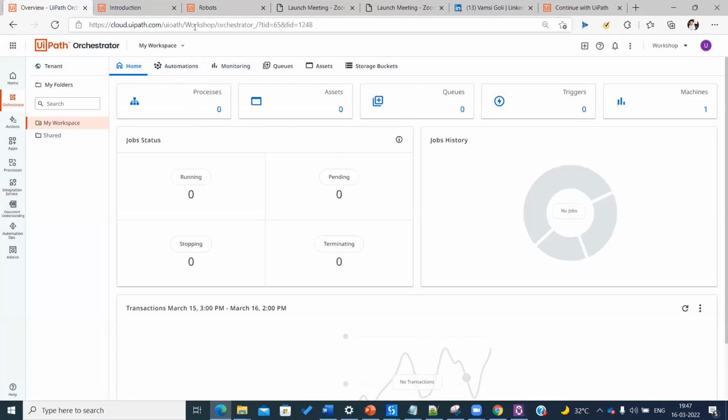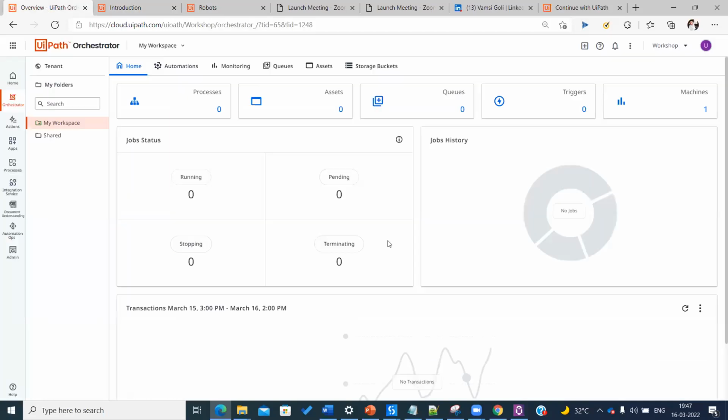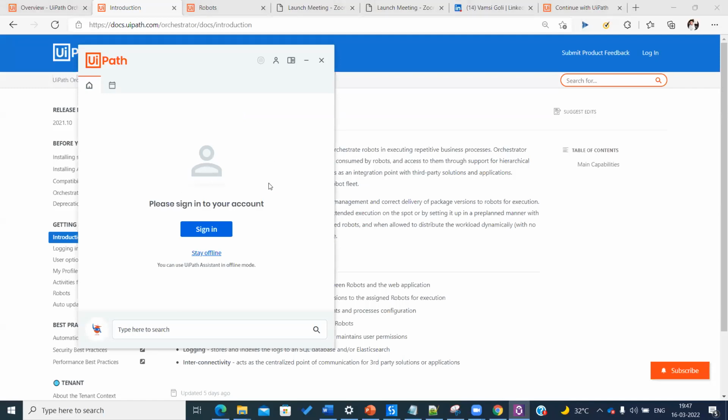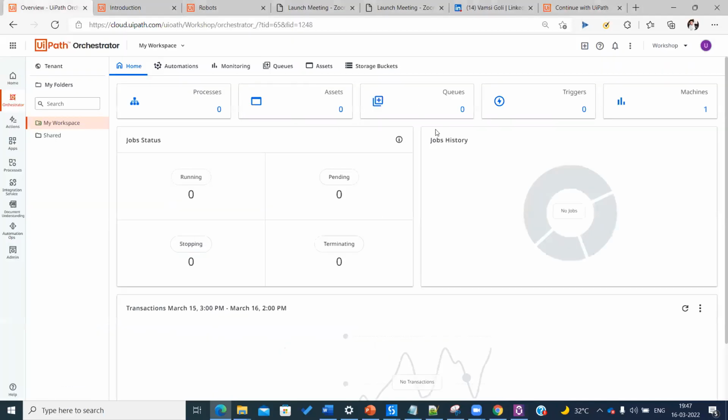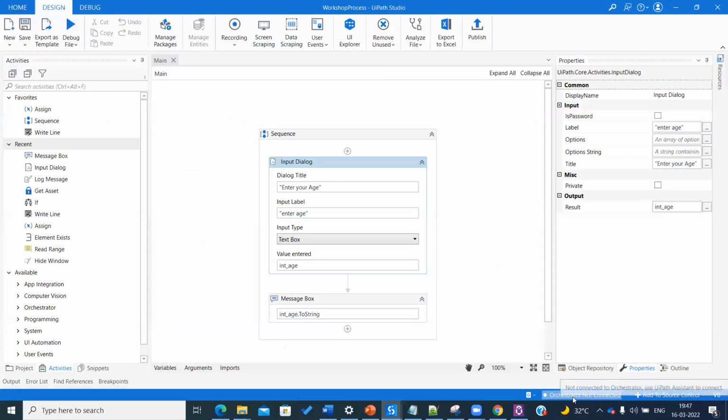Okay, so now again, let's quickly go to this screen and say UiPath is a web application. Yes, this is a web application, and here you can create attended robots or unattended robots. I already discussed what is an attended and unattended robot, and what is Assistant as well, where you play that particular process, and then you can start that process triggering and all. Okay, so now we have already connected to orchestrator, but if you go to UiPath Studio, this is still telling you orchestrator not connected.